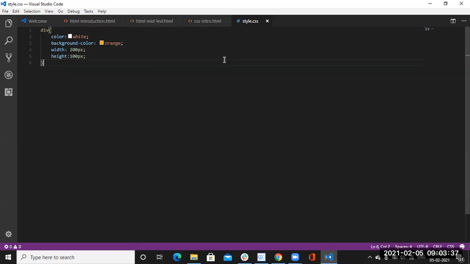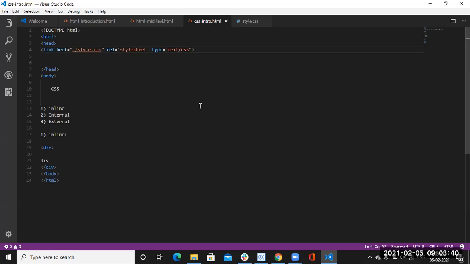These are the three ways. And among these three ways, what is the best way to use? Now we'll discuss that. First, the best way to write CSS: if you have more than 10 or 20 styles, like a div, paragraph tag, h1 tag, h2 tag, h3 tag, similar kinds of things, and you have more than 10 to 15 CSS properties,